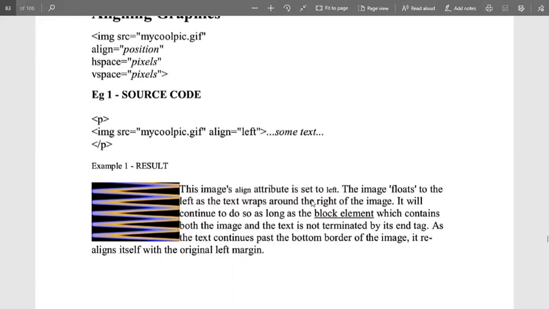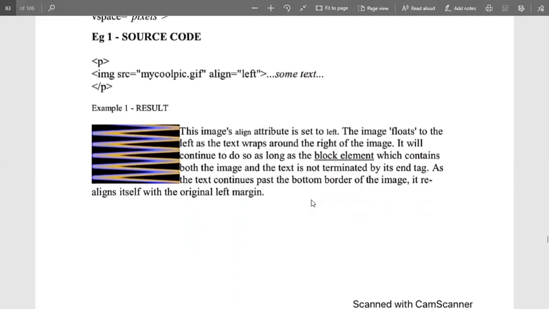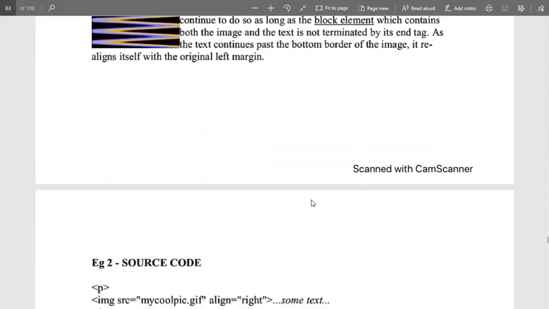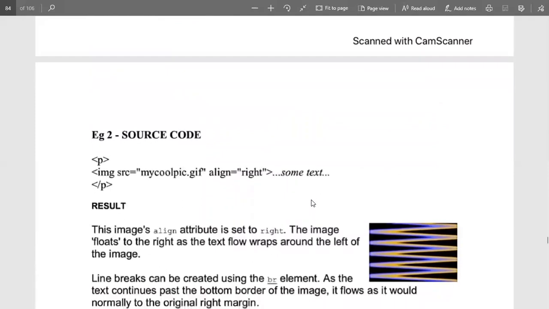So this is done with the help of the alignment attribute. It continues to do so as long as the block element which contains both the image and text is not terminated by the ending tag. This is done by default when we use the source tag with left.